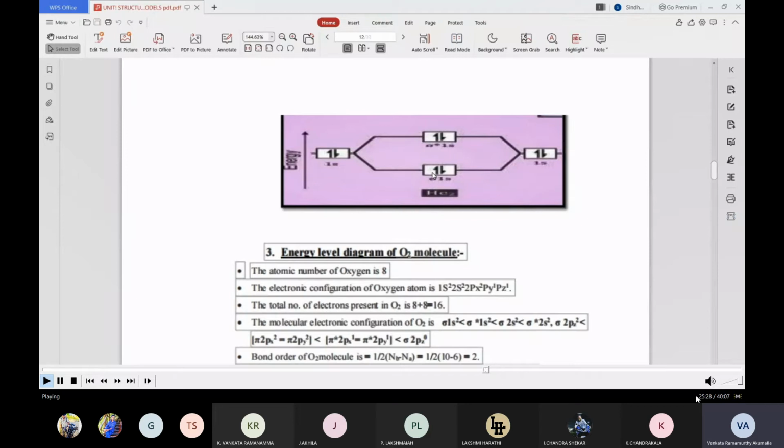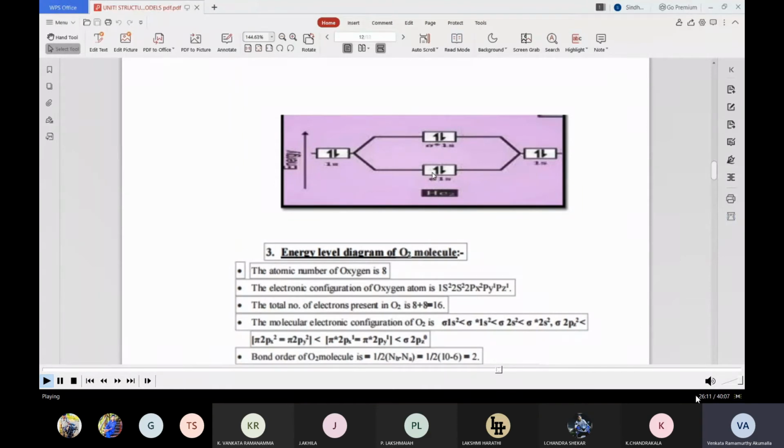So 2 electrons go to the sigma 1s2 orbital and another 2 electrons go to the sigma star 1s2. The sigma bonding orbital is completely filled by 2 electrons, and the anti-bonding orbital sigma star 1s2 is completely filled. Totally, there are 2 bonding electrons and 2 anti-bonding electrons. This is the pair of electrons, and the pair of electrons exhibits the diamagnetic nature of the helium molecule. So this is the figure.